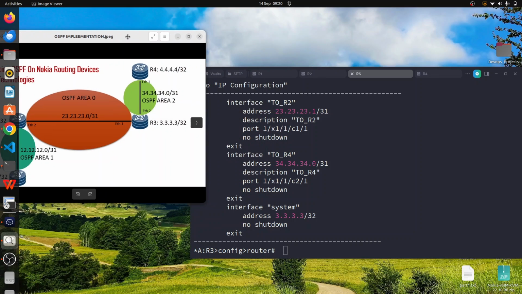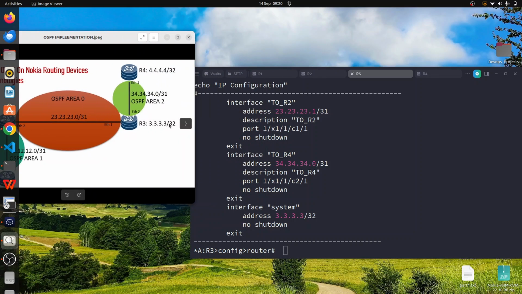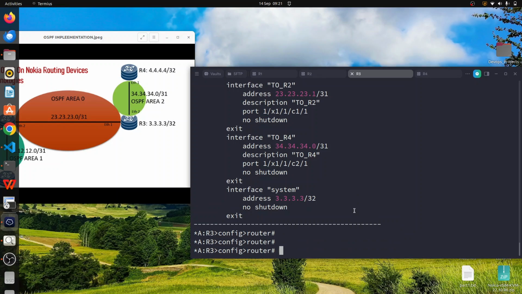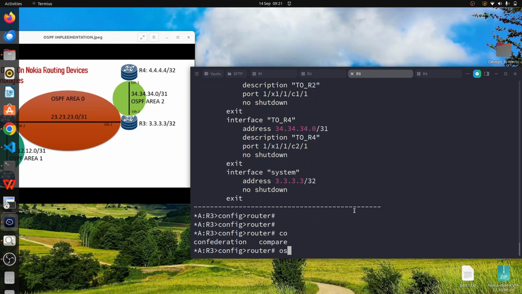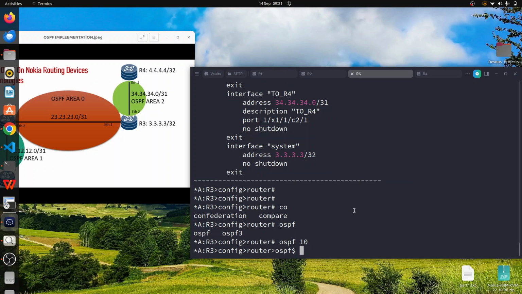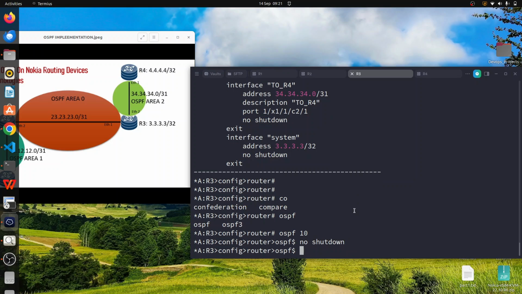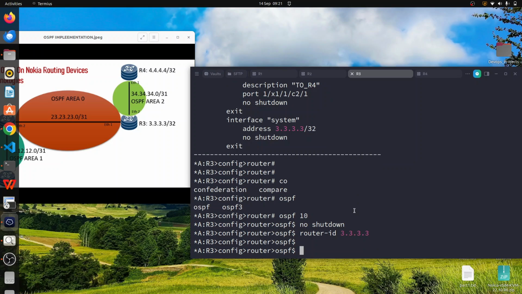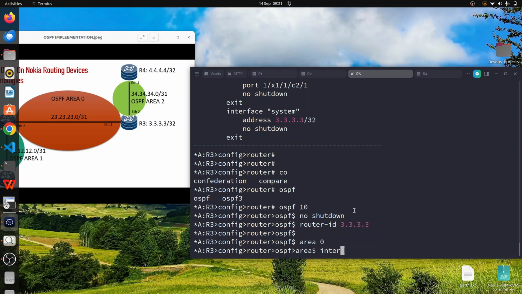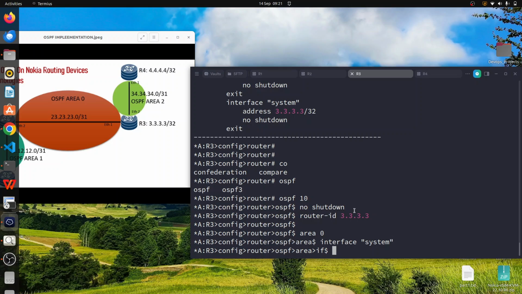On R3, we are configuring area 0, the backbone area, and area 2. So R3 is also acting as the ABR. So I will run the OSPF 10, no shutdown, and then router ID is 3.3.3.3, and then we can specify the area. So we'll start with area 0. We need to advertise the interface system, and then